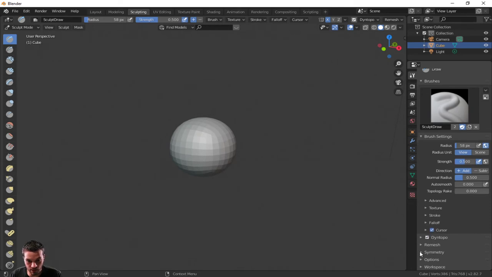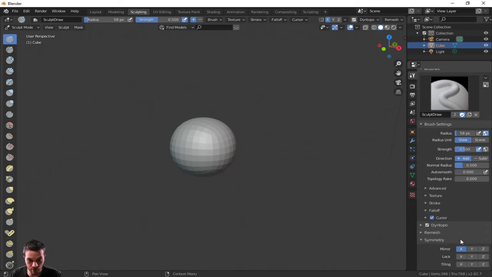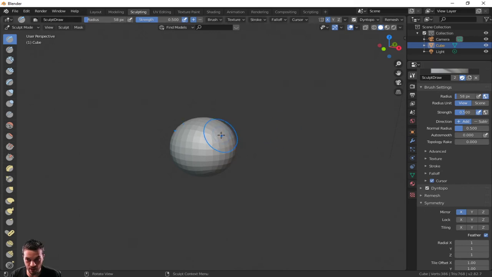Most of this you don't really need to worry about except for symmetry here in the beginning. Depending on what you want to do, it starts off with a mirror on the x-axis. Up here you can see what axis you are at. You use the middle mouse scroll button to look around, and you'll notice that wheel up here is turning around as well. This is important because when you're sculpting and it's sculpting symmetry for the X, you'll notice that it is doing the exact same thing on the other side when I'm using this brush here, the draw